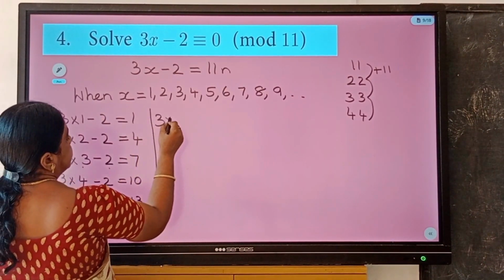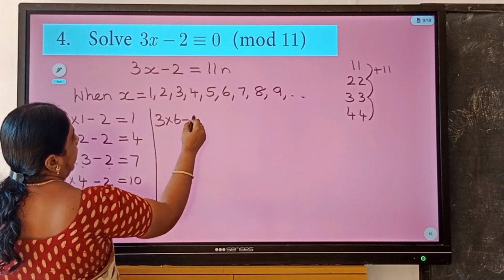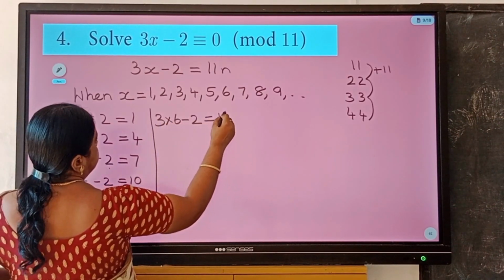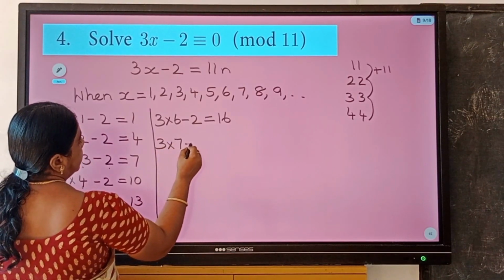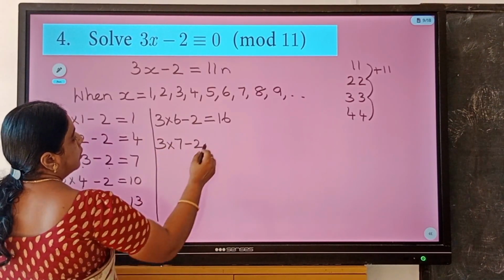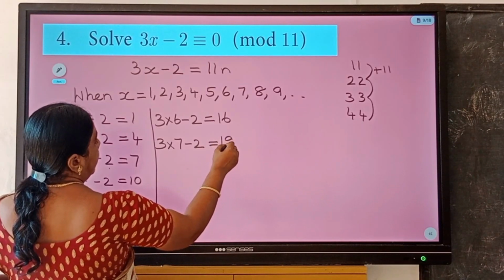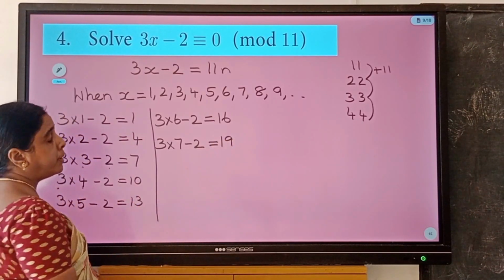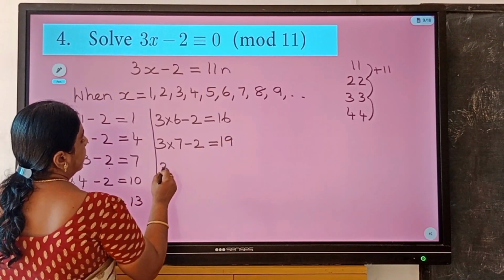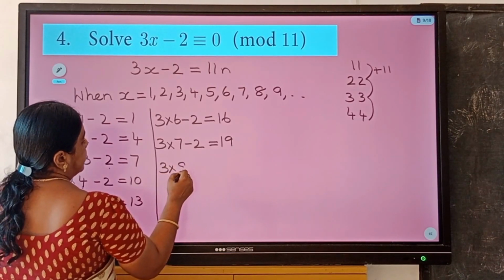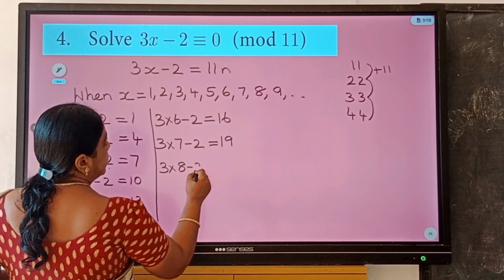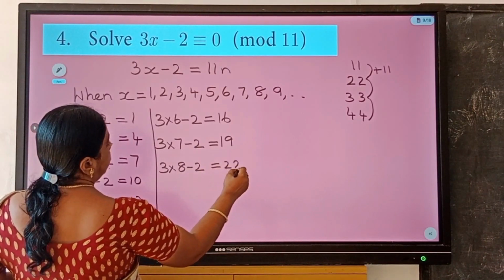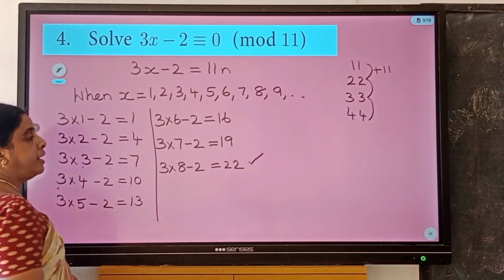Again, when x is 6, 3 sixes are 18, minus 2 is 16, it's not a multiple. When x is 7, 3 sevens are 21, 21 minus 2 is 19, which is also not a multiple of 11. Then next, when x is 8, 3 eights are 24, minus 2 is 22. So now we have finally found the